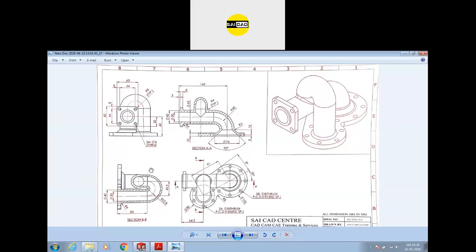So we have to first create two paths. First one will be this one, and second one will be this one at a separate plane. Okay, so now we have 143 distance, 54.2 radius.